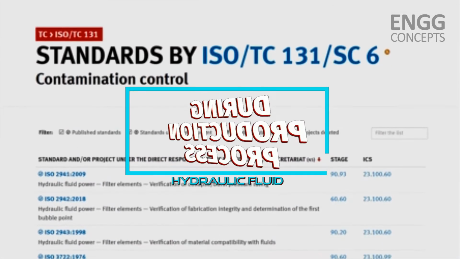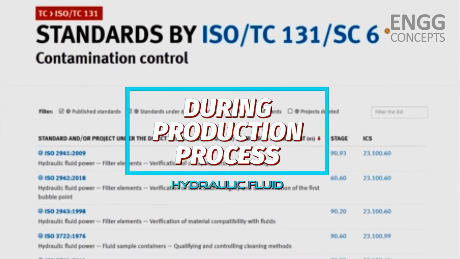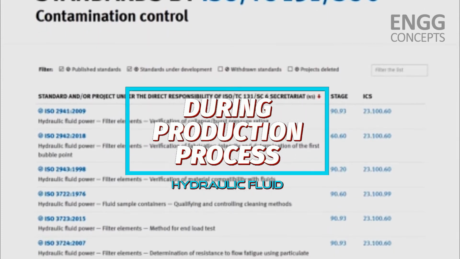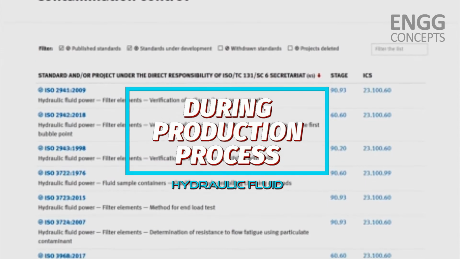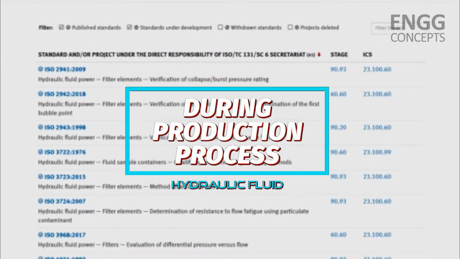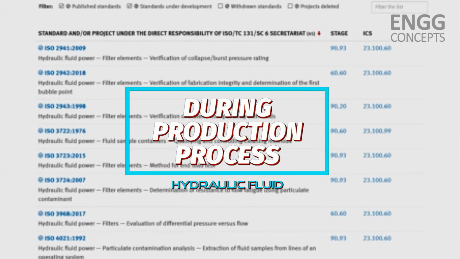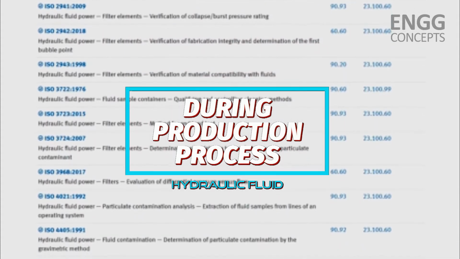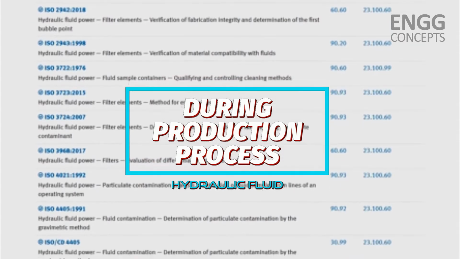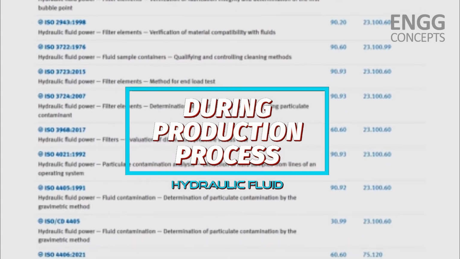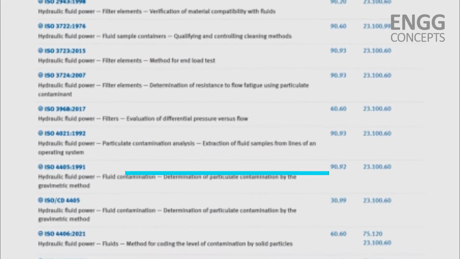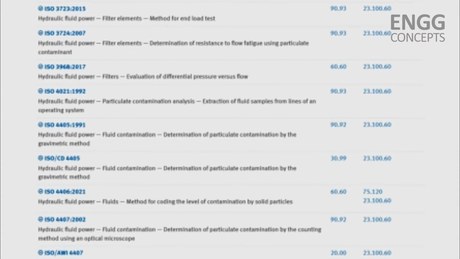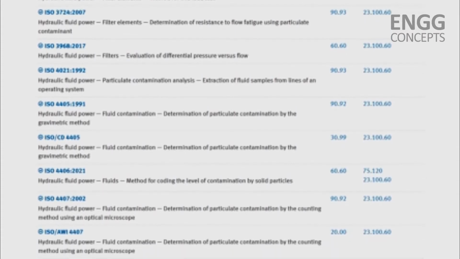Hydraulic fluid can also get contaminated during the manufacturing process of hydraulic fluid itself. Here comes the third common hydraulic oil contamination, which is contamination during production process of fluid. First, you must know how your hydraulic fluid is manufactured. What are the industrial standards? Do they follow cleanliness code as per the ISO? The facilities that produce hydraulic fluid might introduce contamination during processing or maybe during the mixing stage itself.